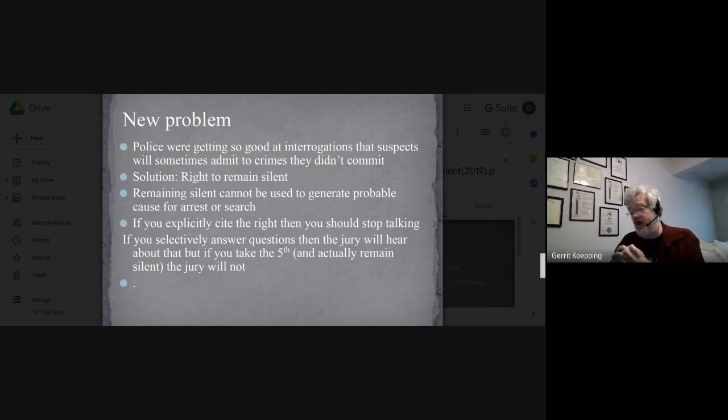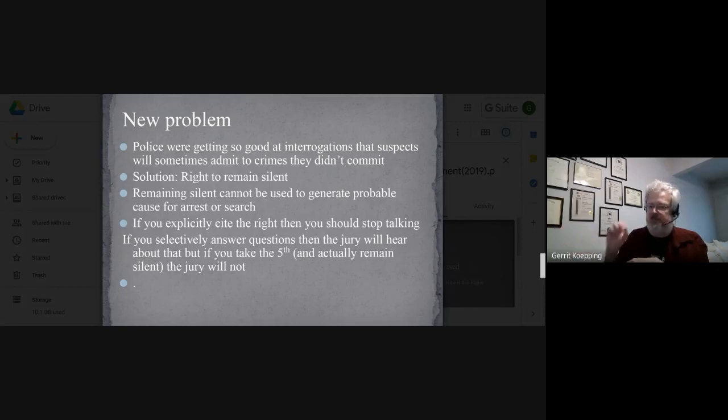Now, one of the things the court has said is you need to explicitly cite the right. So if you're chatting and chatting, and the police then say, "Hey, did you go to the party yesterday?" and you say nothing, you don't explicitly cite the right, and then they say, "Hey, what's your dog's name?" and you say, "Oh, my dog's name is Mr. Fluffkins," and then you talk about Mr. Fluffkins, the police can then mention in trial, you were chatting and chatting until we talked about the party,